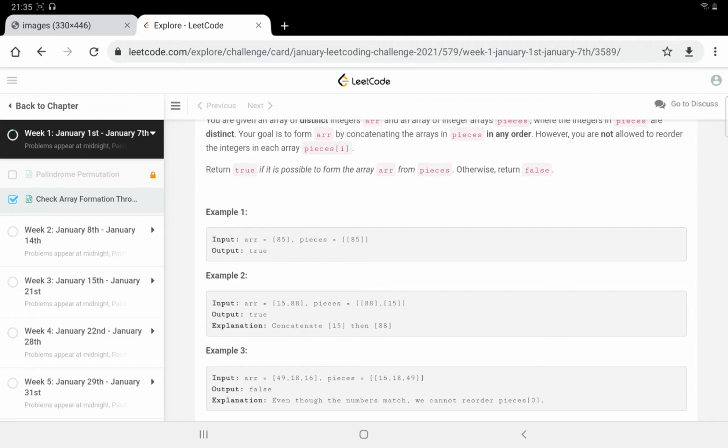small arrays. What that means is, if you see here, we have two portions, and we can use them in any order. So we can pick 15 first, then we can pick 88, and using that we can easily form this input array, right? So in this case we can return true. But here I can see all the elements are exactly the same, but